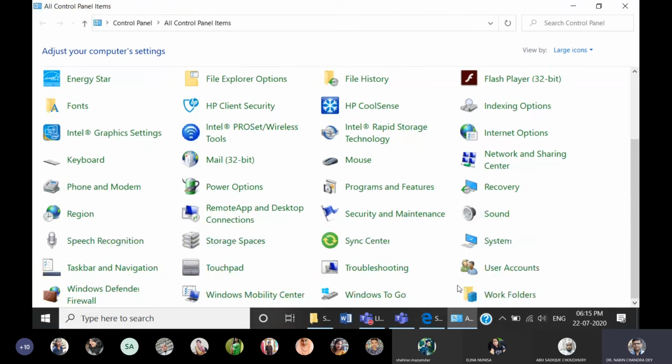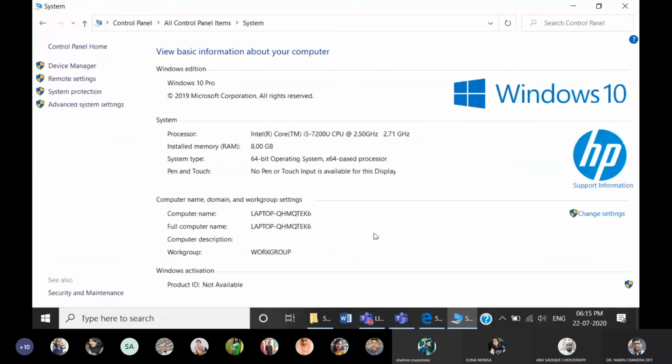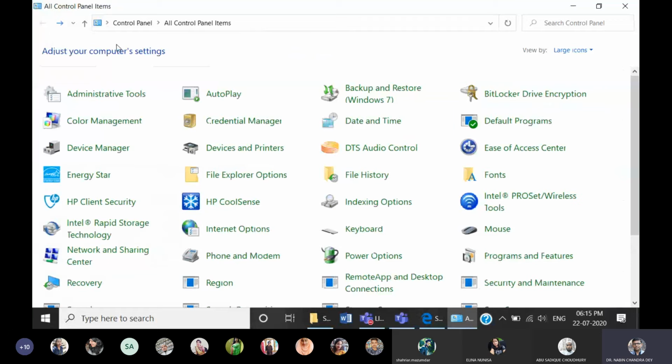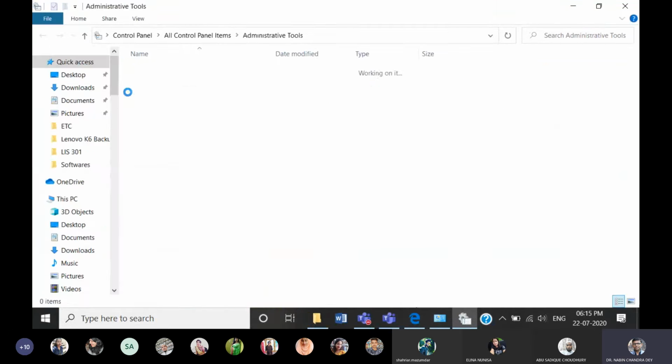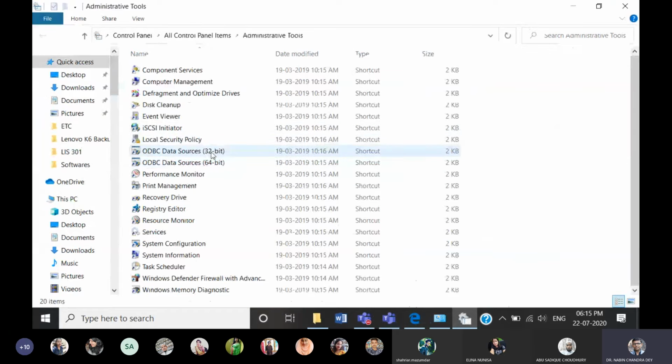Yeah, system is there. No, it is not. I have to go to the administrative tools. Under administrative tools, you can get this ODBC. Can you see it? Yes, sir. So double click it.